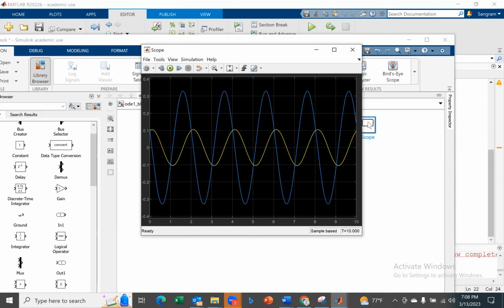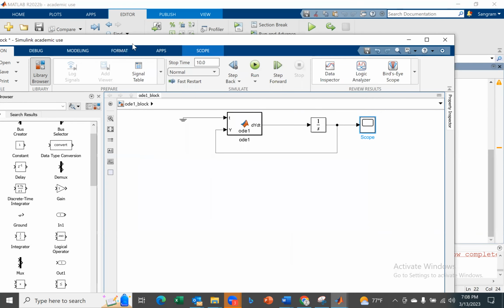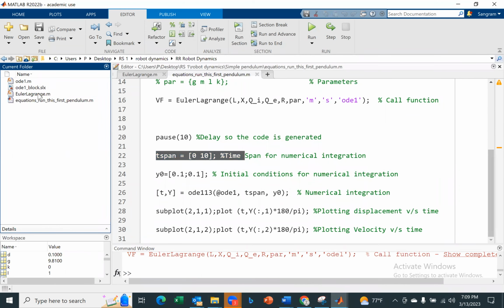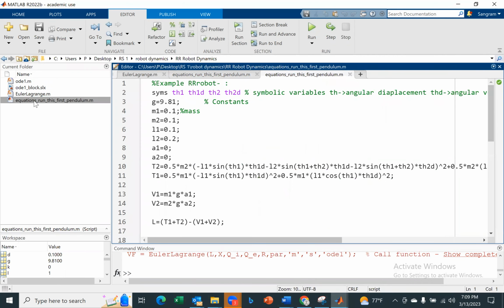Okay. Now what I want to do is, I'm not going to solve this problem, but I'm just going to give you the flavor of this problem, how you would solve a robot problem. And in the next class, we will actually work out these robot problems. So the first simple robot is the RR robot. The RR robot is a simple revolute joint and revolute joint robot. If you recollect, the revolute joint times revolute joint robot is,